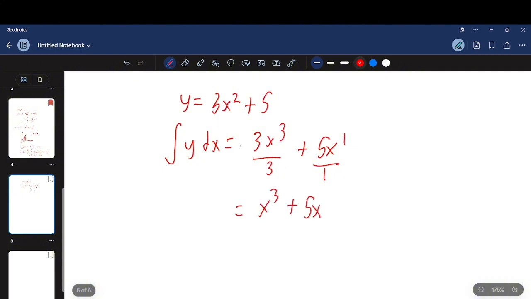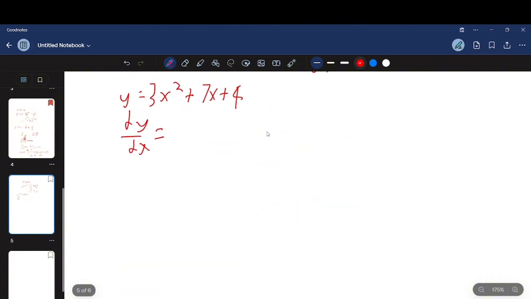Yes, one thing I didn't mention earlier is that whenever we integrate an equation to find another equation, we always put a plus c at the end. This c is a constant, which will always be a constant, it won't change. Why is that? Because, say for example, when we differentiate a formula like y is equal to 3x squared plus 7x plus 4, what do we do? dy by dx,